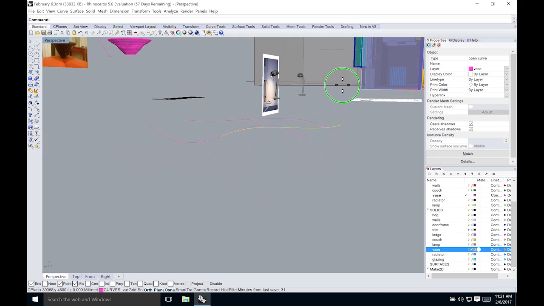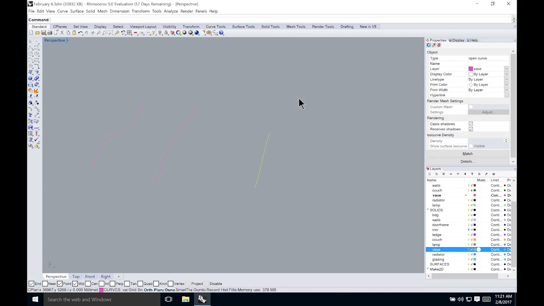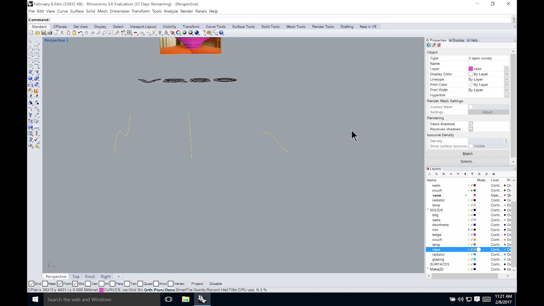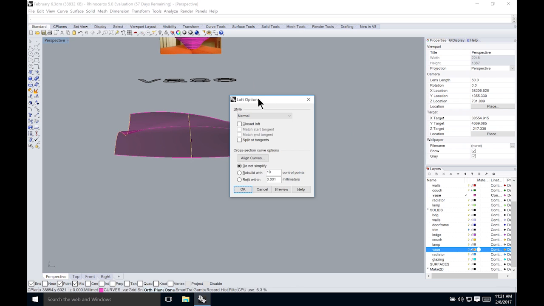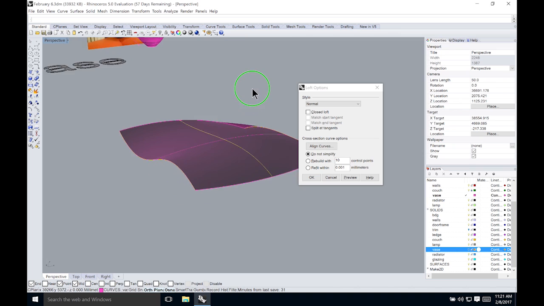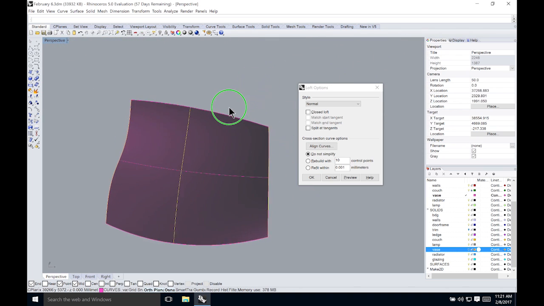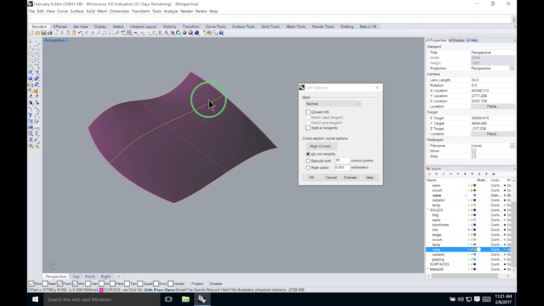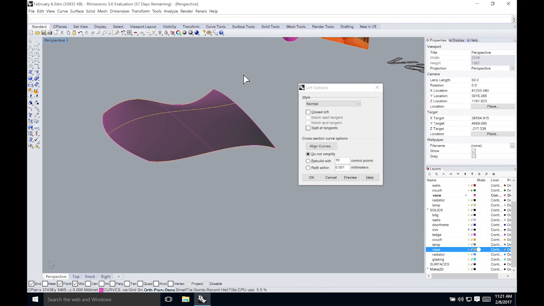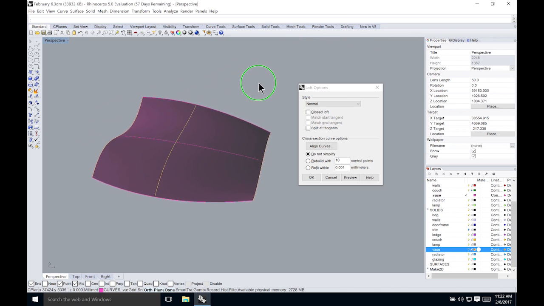So in perspective, you can see that there are these three curves, totally freeform. If I select the three of them and type loft, the loft command is, and this example would go into creating a very complex 2D curved surface, but you will be using this a lot in modeling. It's a very easy way to create a surface with a series of curves. And so in this case, I'm creating an open surface from a series of